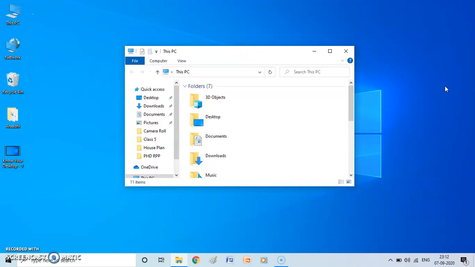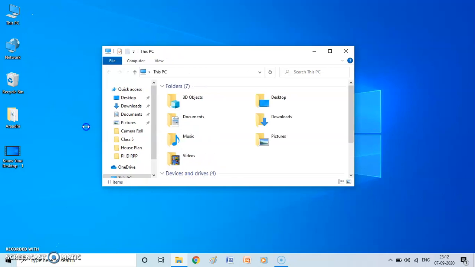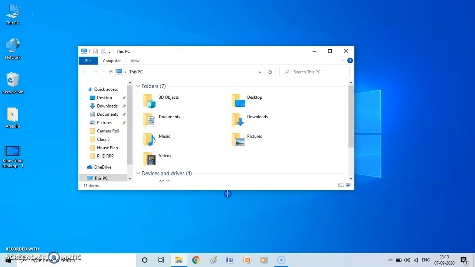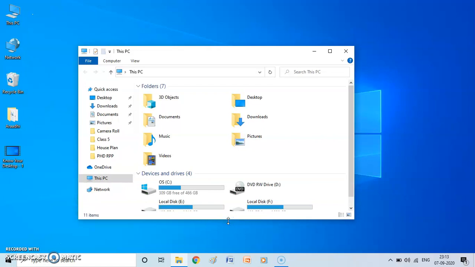Now, to increase the window on the left side, what will we do? We'll take this mouse pointer to the left side. Again, when we get the double-edged arrow, we will click the left mouse button and drag the mouse to increase or decrease the size. Now again, if I want to increase it to the left, I will drag it like this, leave it. Now if I want to increase the window downwards, I will place the mouse pointer on the lower edge. Again, it became a double-edged arrow. I'll click the left button, drag it and release the mouse button.